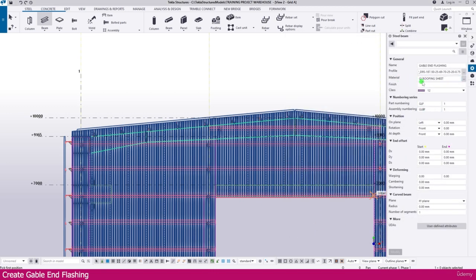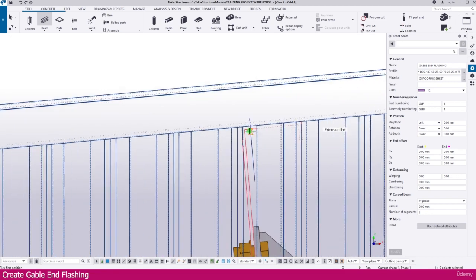Next here it is material. You can use any roofing material or market available material. You have to use it, or project standard. As per project standard you have to use it. Next I just use this glass, and here it is part number and assembly number. I just keep as it is. Other all the things keep as it is. Now I just go to click this point,